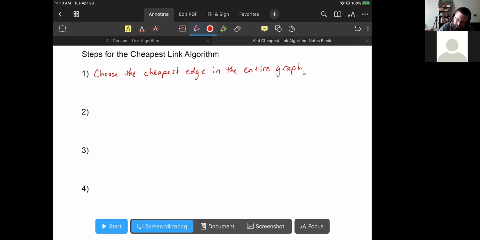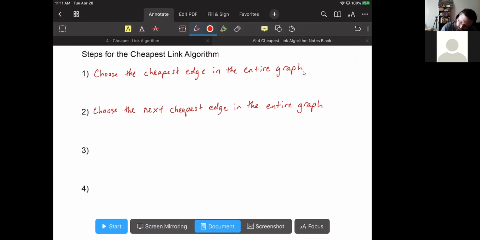edge. We'll then basically repeat that step, because the second step is to choose the next cheapest edge in the entire graph. So our first two steps involve picking the two cheapest edges in the entire graph. Don't worry about where it starts, don't worry about where it ends. Just look at the graph and highlight the two cheapest edges in the entire graph, period. Okay? Now once we've done that, we're going to continue to choose the cheapest edge